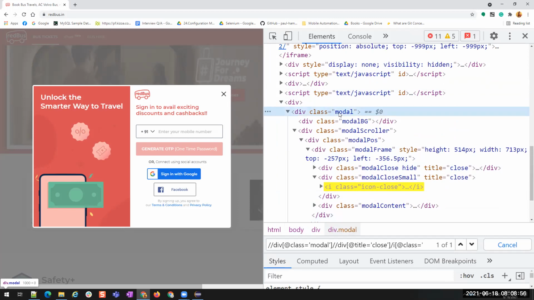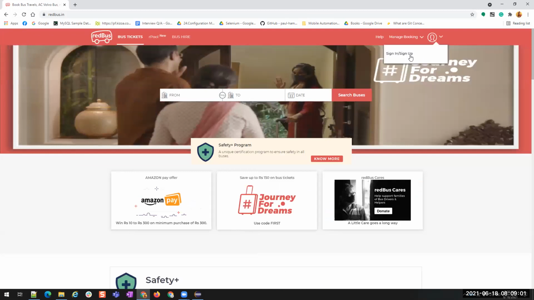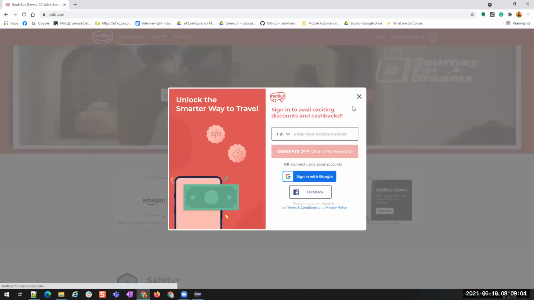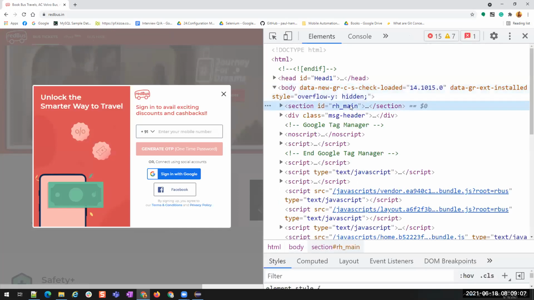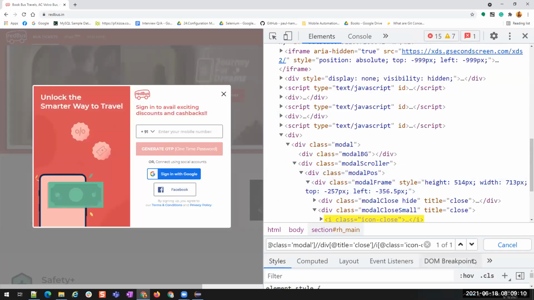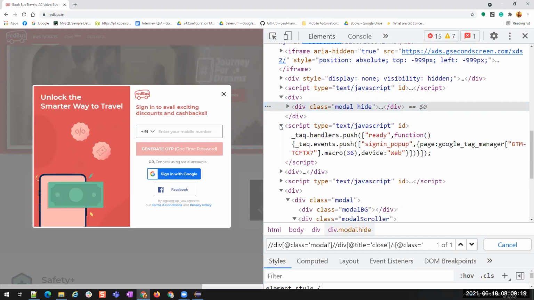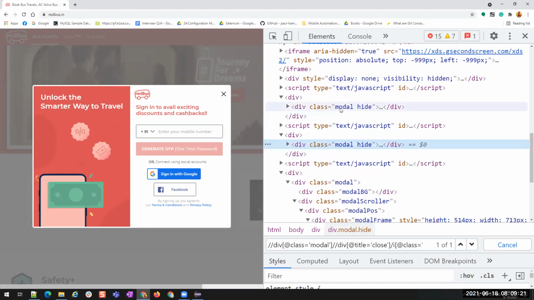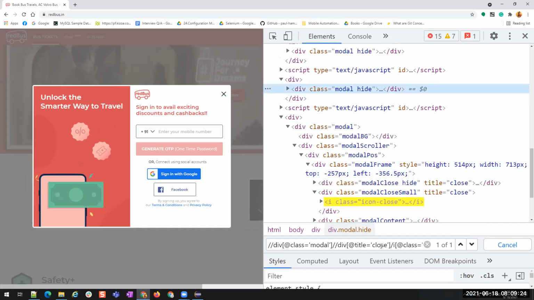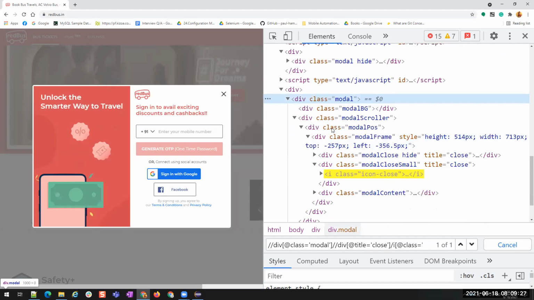Understood? Because I am applying this condition where there is a change. Okay, I'll close this. I'm opening it for the third time. Again, F12, Control F, Control V. How many is it finding now? Again 1. You see here, just above it we have this modal hide, and here also we have modal hide. That means these two are hidden. So we are writing from its parent where there is a change. Where is it unique? You understood the flexibility of XPath? Is that clear?